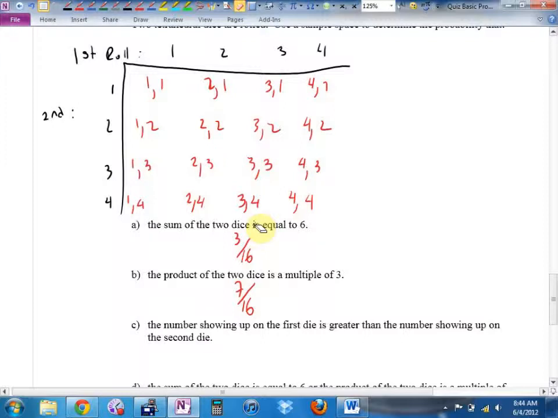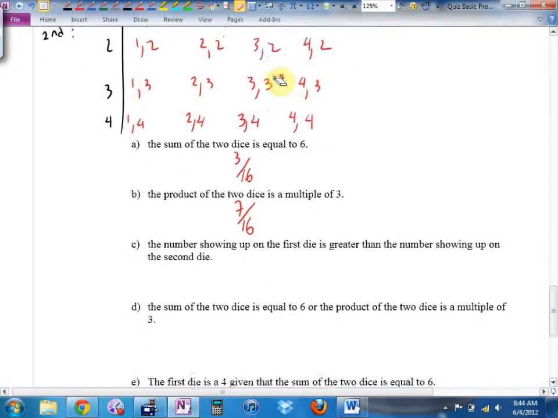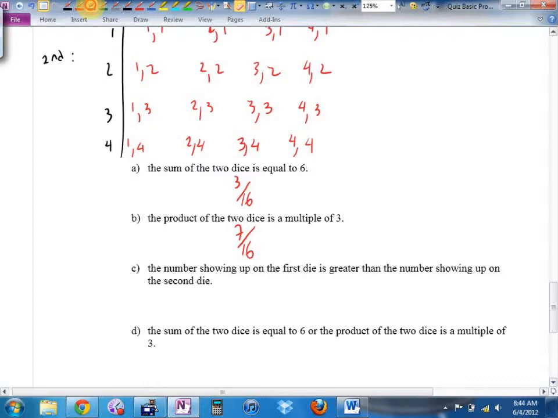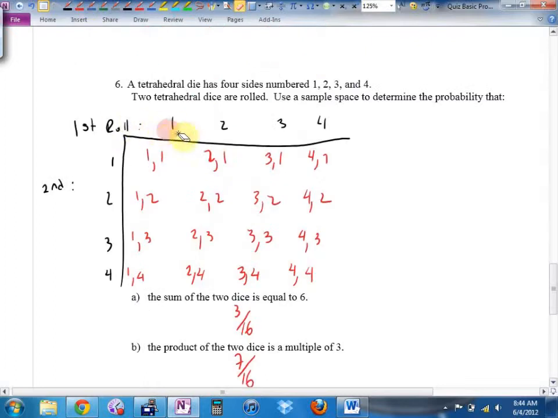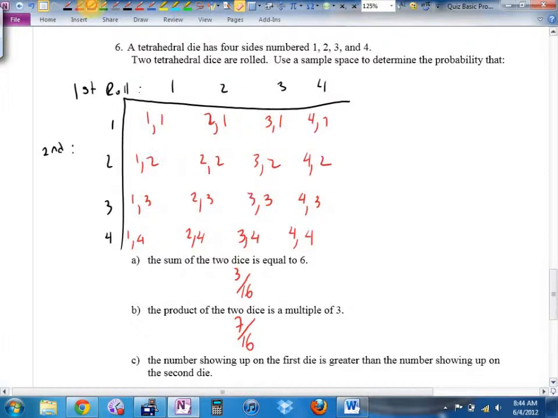Am I wrong? No, yes, no? Right? 3 this way, well, 4 this way, 4 this way, but you're double counting that, so 7, yes? The number showing up on the first die is greater than the number showing up on the second die. Okay, where's my first die? I wrote the first die first, so that it's greater than, that's going to be